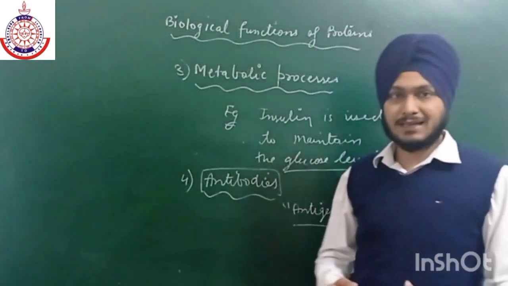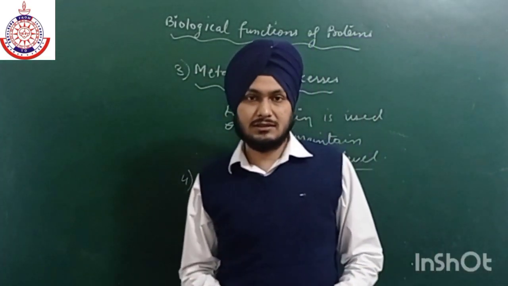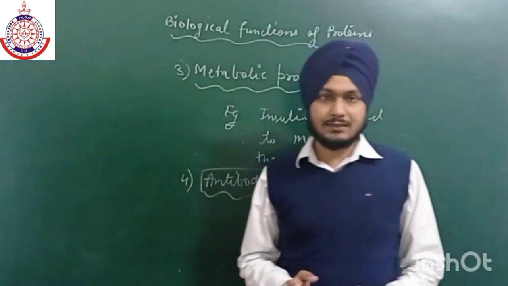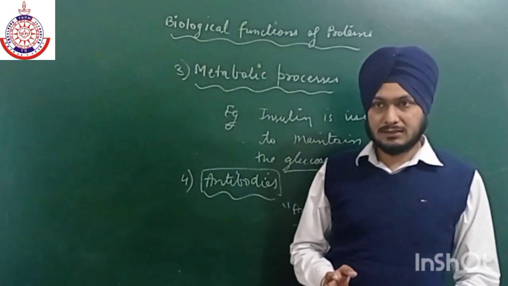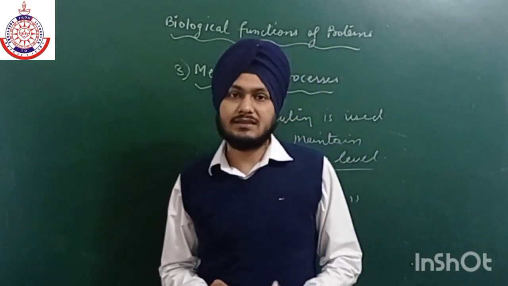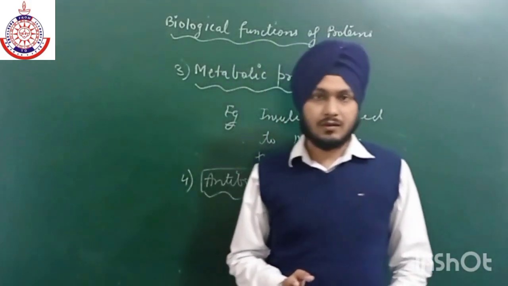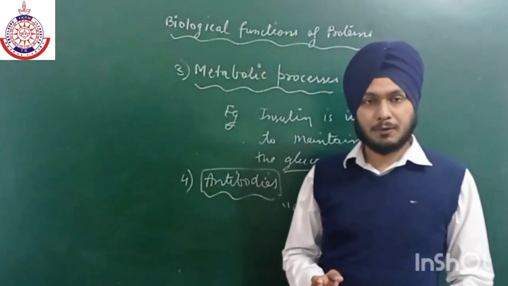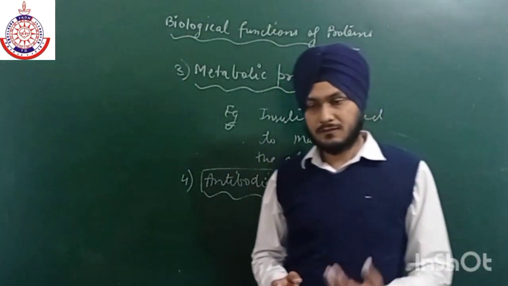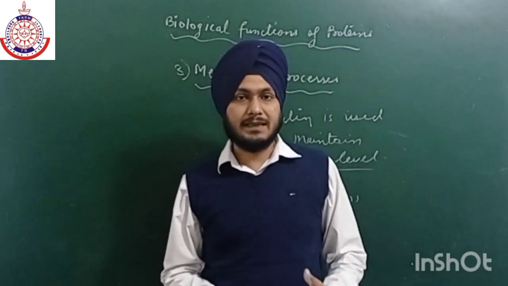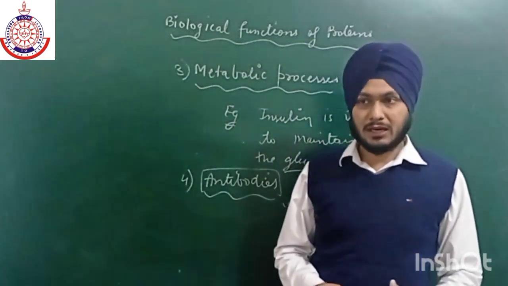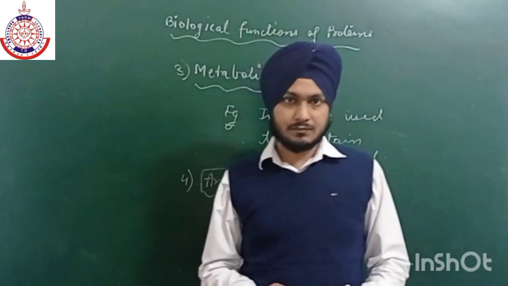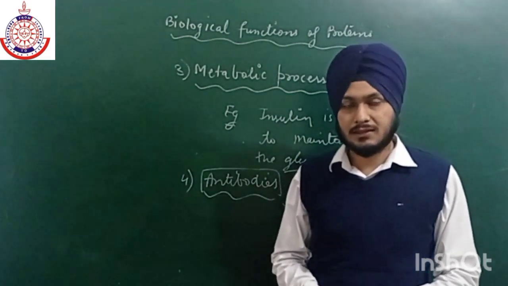Okay, so in the next class we will discuss the last main biomolecule, that is nucleic acid. Okay, so there are two main types of nucleic acid, that is DNA and RNA. Okay, and nucleic acids are also known as polynucleotides, and polynucleotides are further made up of three parts: a base, a sugar, and a phosphate group. Okay, phosphate group is present. So we will discuss nucleic acid in the next class.